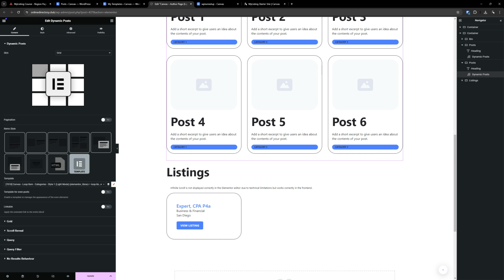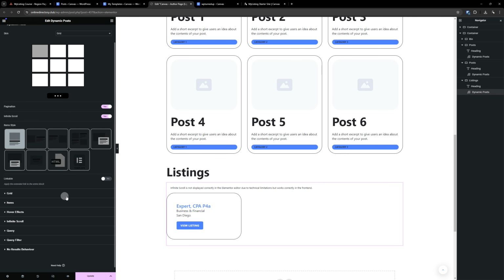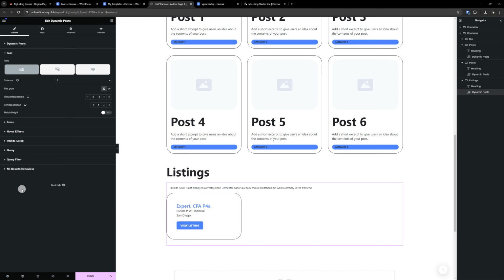All right, and then the last one here is the listings, and that is pulling from no template. I built that by hand. So what we're saying here with this template, or not even a template, but the settings here, we're just designing it with the options built from the plugin, okay? And we've built a grid here. You can customize this to your heart's content. For the items, we are just pulling in,